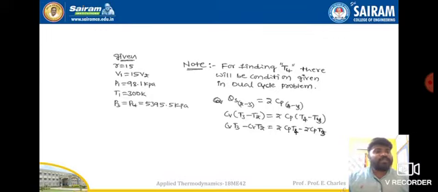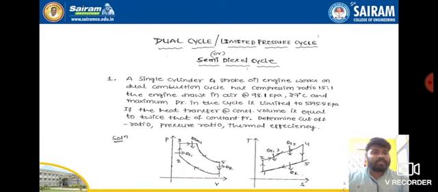Here a note is given for finding T4. There will be a condition given in the dual cycle problem. That is what I was talking about, the condition given in the problem. Let us see once again. Maximum pressure in the cycle is nothing but P3. If the heat transfer at constant volume is equal to twice that of constant pressure. Where does heat transfer take place at constant volume? The 2 to 3 process. That is equal to twice that of the constant pressure, which is 3 to 4. So the 2 to 3 process is twice that of the 3 to 4.